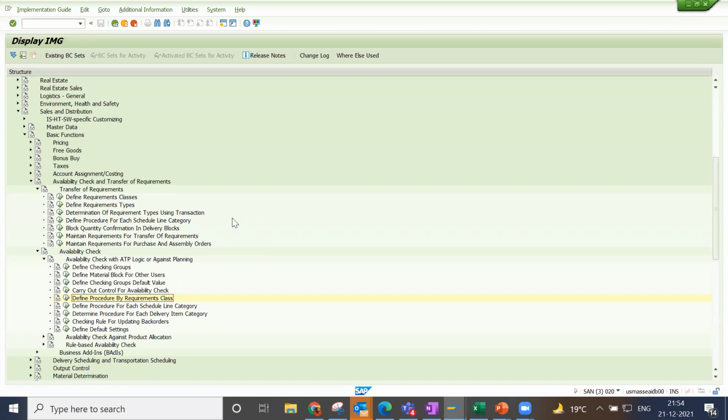So I have covered it. Islam, regarding the extension of material you asked, right? For example, from the MM side, I'll create one material according to that PR and PO, and then do GR and IR.